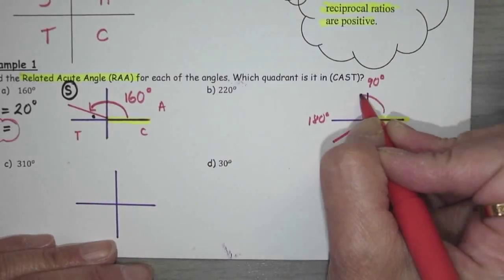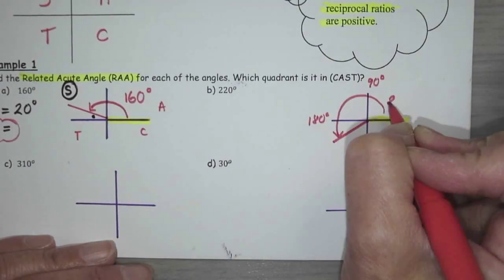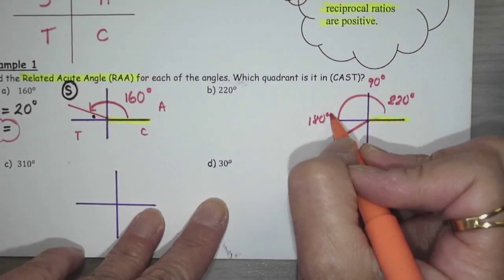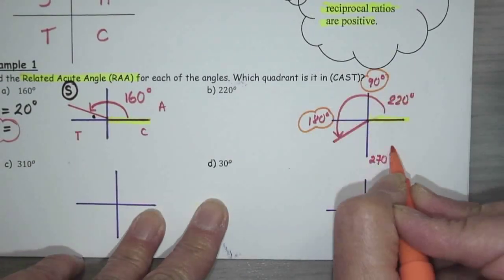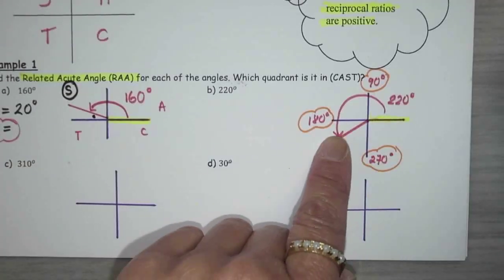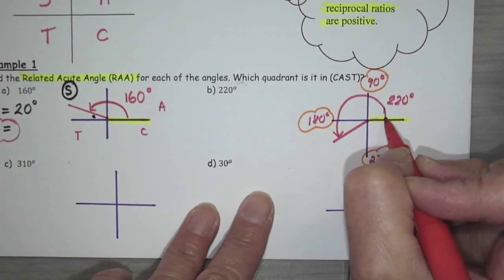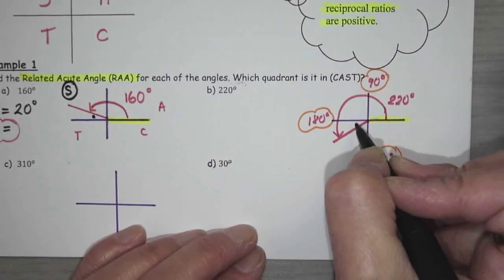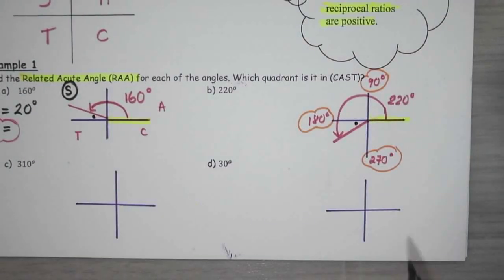Okay, so this is 220. Again, you don't have to label this. This is just me trying to help you out, right? So that arm, starting from the x-axis in the positive direction, is 220. All right? Then, if it's 220, what's my related acute angle, which is the dot between